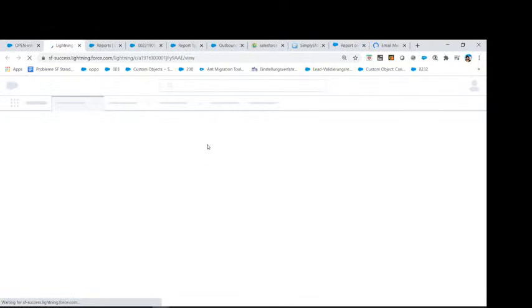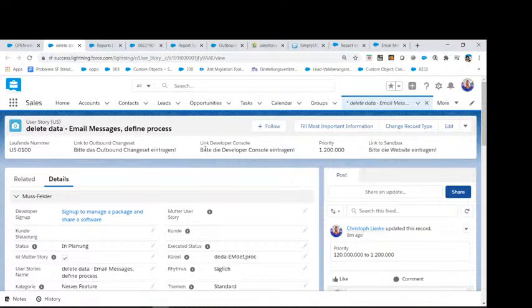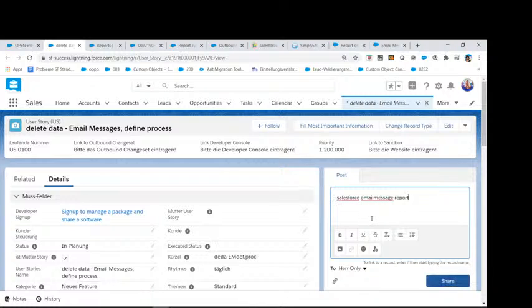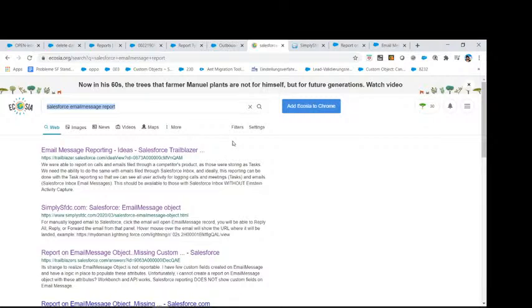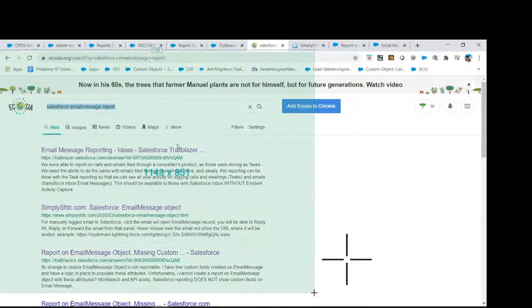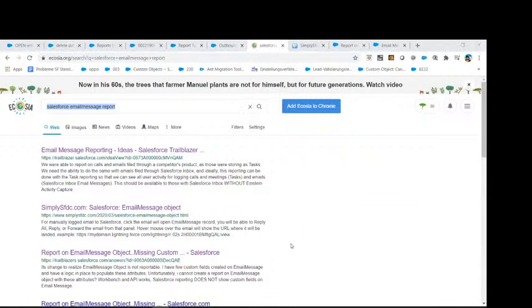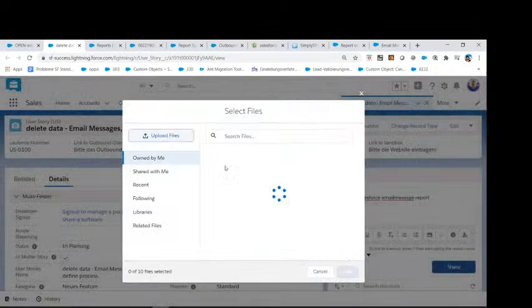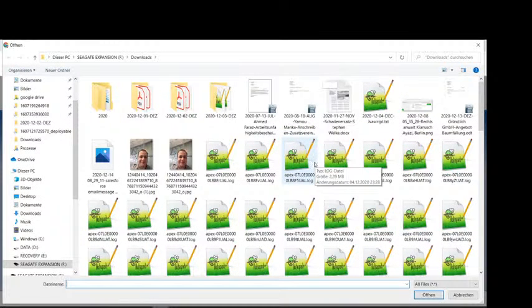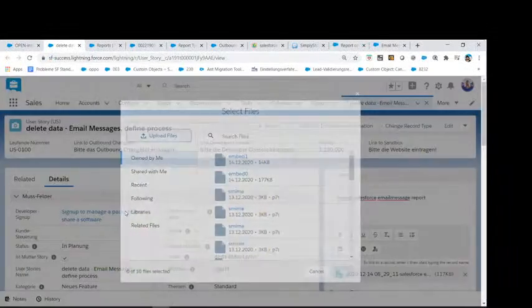So what we're going to do, we go into our user story. It's also like developing, right? We are just going to develop, and this is going to... Let's go Ecosia. Yeah. That is what I have done. I will put in this one, and then I will just also get the right picture. We will download the picture into the downloads section, and also we will just upload the file so we can see it later on. Let's say, like email message, I think this one.